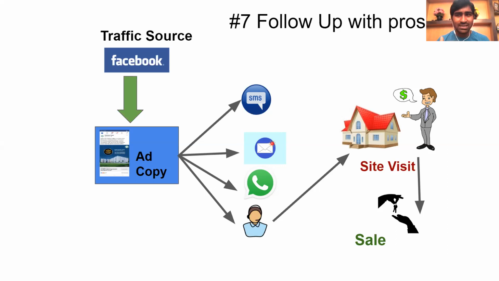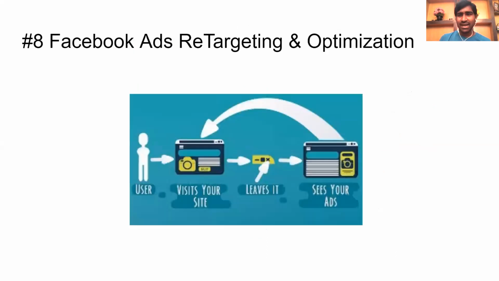So when you call these guys immediately, your telecalling people will know whether your prospect is serious or not. That's how you reduce the effort of following up and the sales process, and you can filter out the junk leads and non-serious leads and only work with the warm audience, the serious people. That's how more site visits happen, and that's how you are going to get sales for your business or for your client's business.